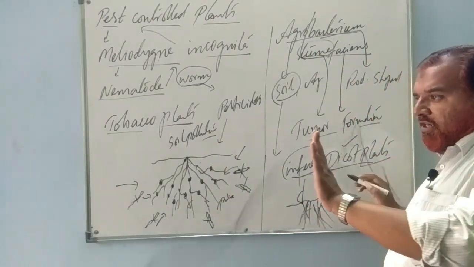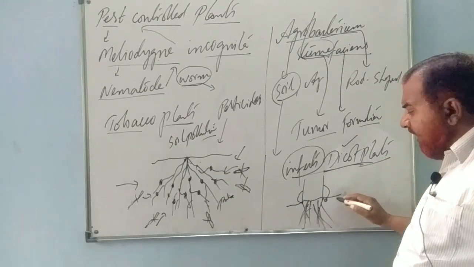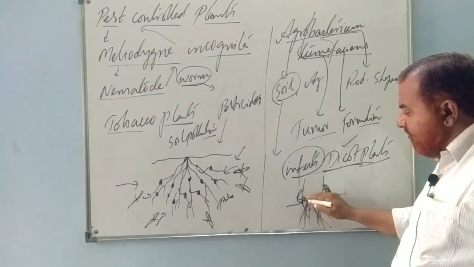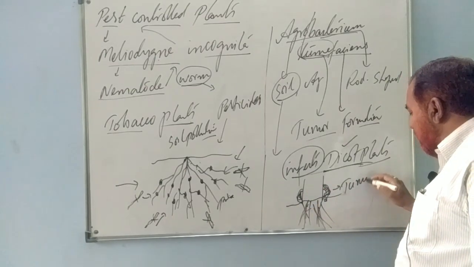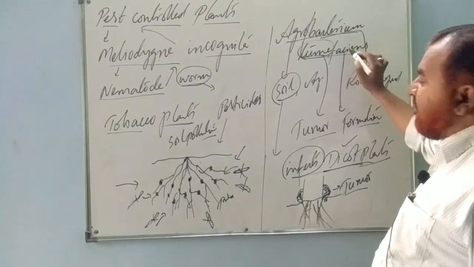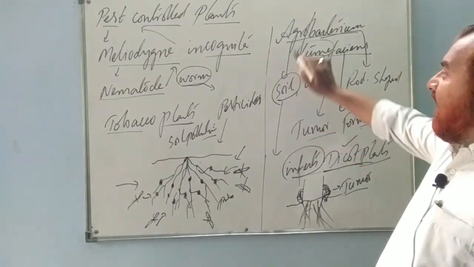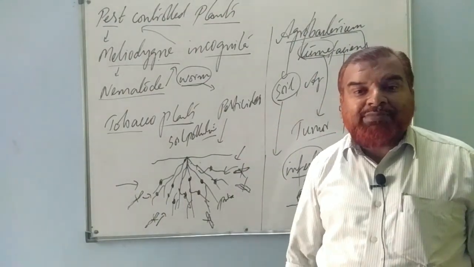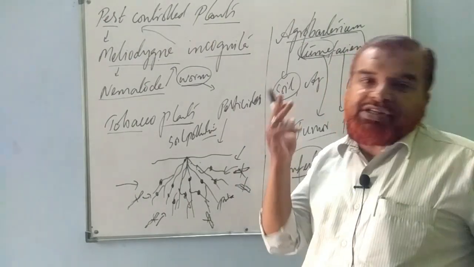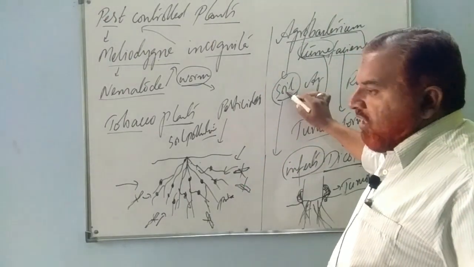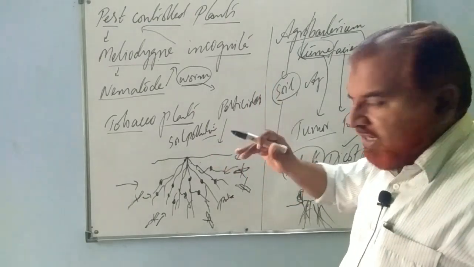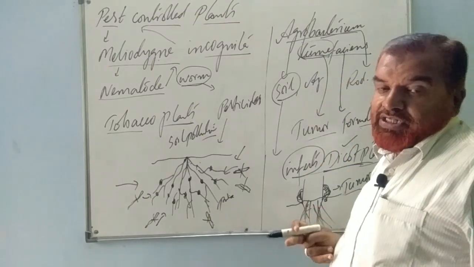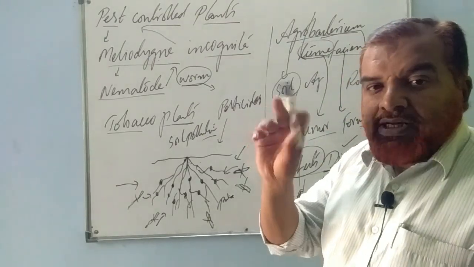Anyway, when it infects dicot plants, what happens here? After the infection of the dicot plant, there is a formation of tumor. What is it? Tumor formation. Hence it is known as tumefaciens, tumor forming bacteria, Agrobacterium tumefaciens. If you understand the background of how the name has been given to this bacteria, you will understand the whole concept. Agro, present in the soil, something concerned with the soil, agro or agriculture. Bacterium, tumefaciens species. One more bacteria is there, known as rhizogenes. Agrobacterium rhizogenes, that itself we can understand.